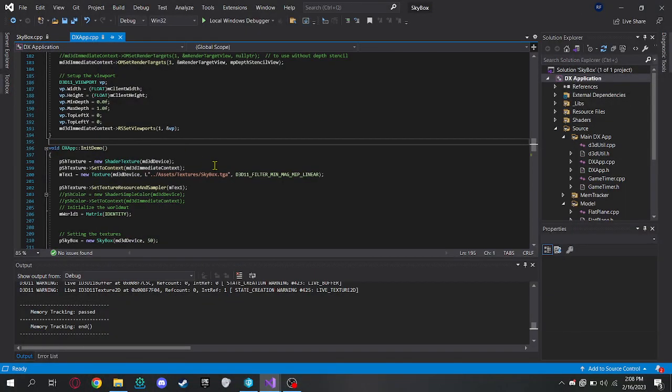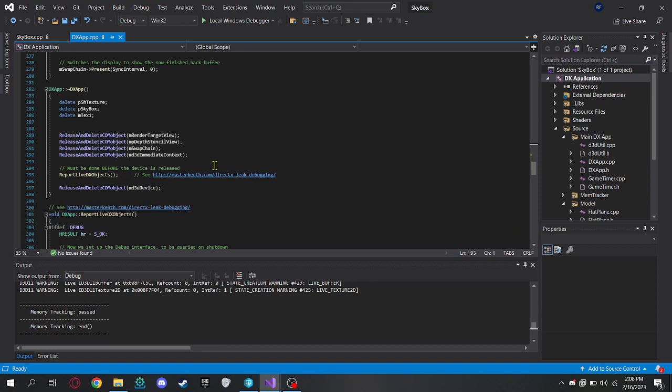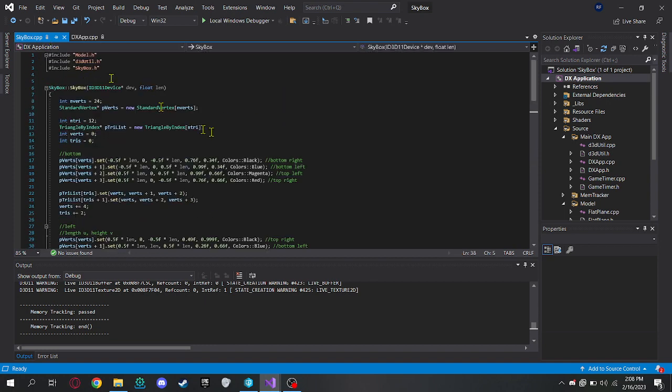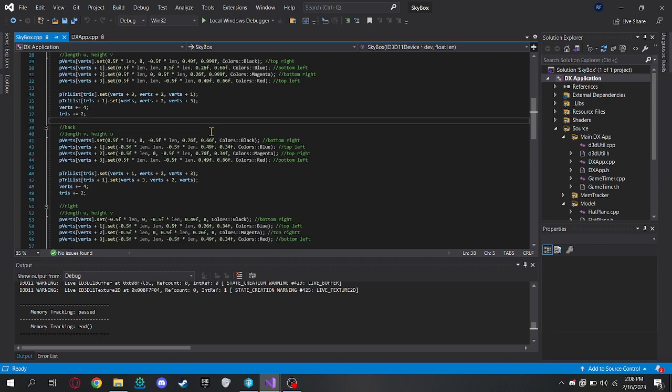Let's begin. First assignment was the skybox. Started nothing really of note in the DX app. Nothing's changed here based off of what we did on the previous assignments. The skybox, though, what we do is we create 6 flat planes and organize them in the form of a